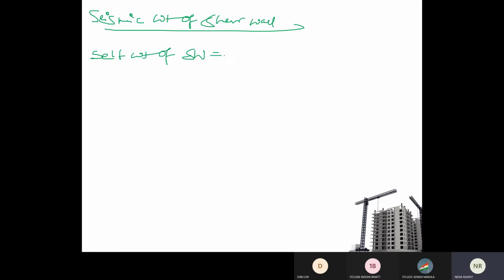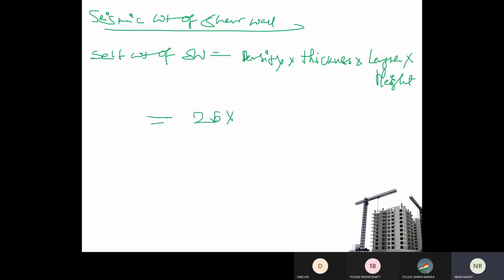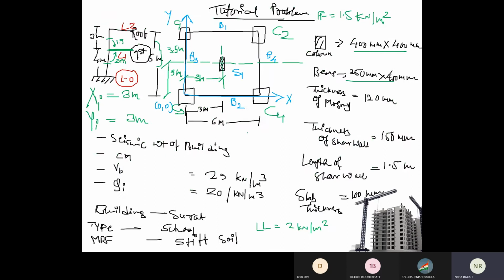Now coming to seismic weight of shear wall. What is the seismic weight of shear wall? It is the self weight of shear wall. What is the self weight of shear wall? Density into thickness into length into height. So density is 25, into the thickness of shear wall,